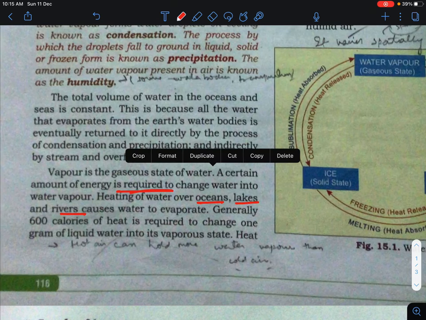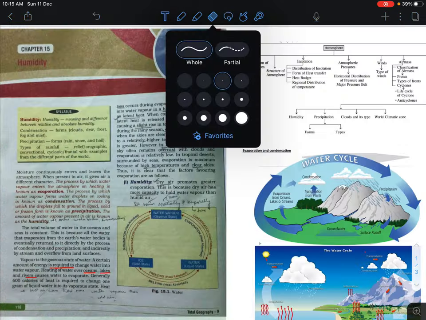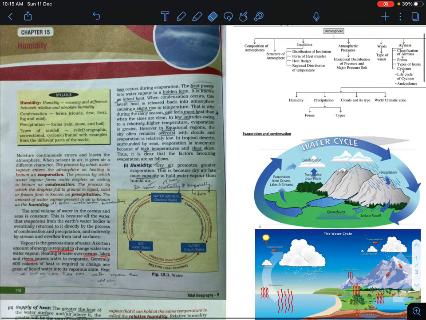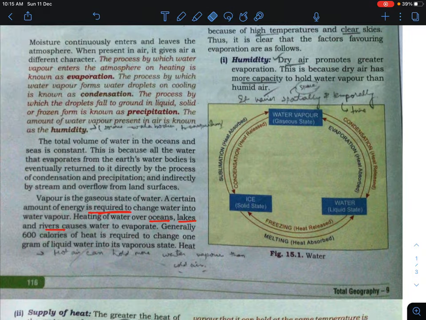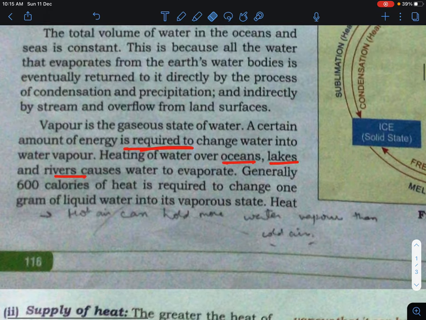It requires about 600 calories in order to change 1 gram of liquid water into vapor state. Please remember how many calories of heat are required in order to change 1 gram of water into water vapor. It's very important. It means that if we have 600 calories of heat,